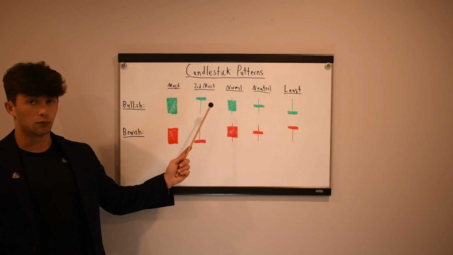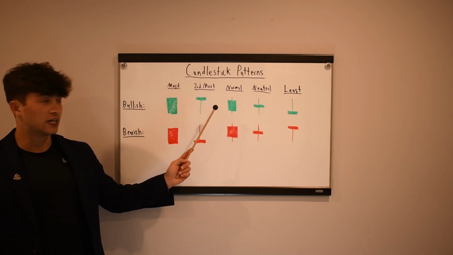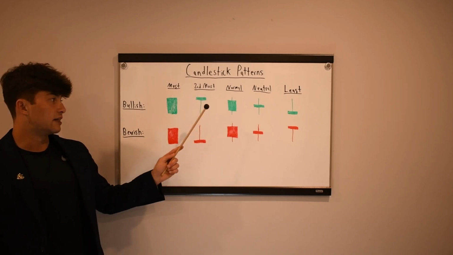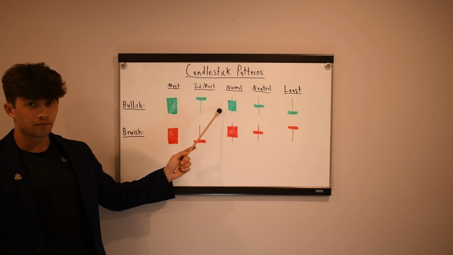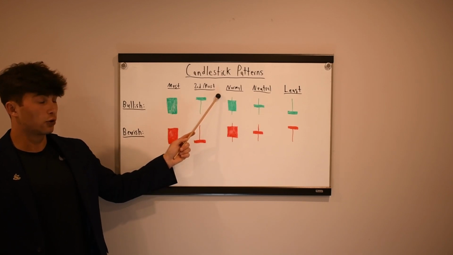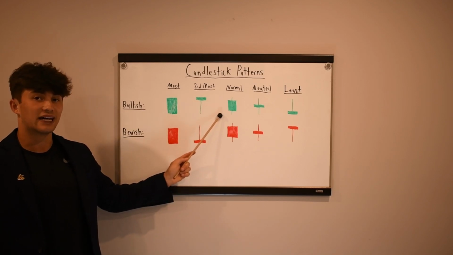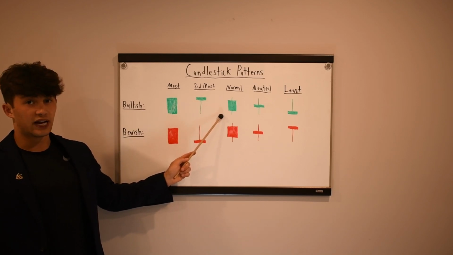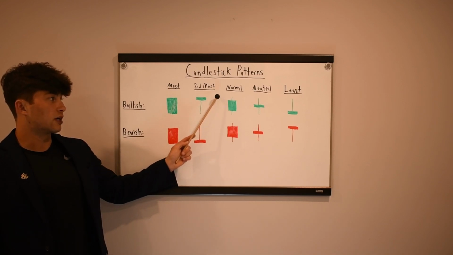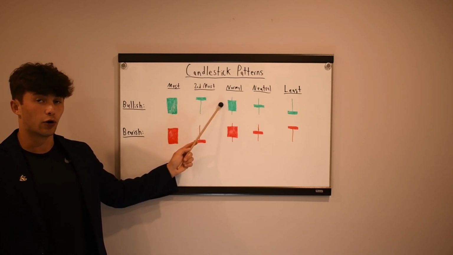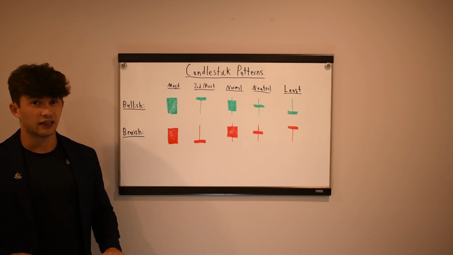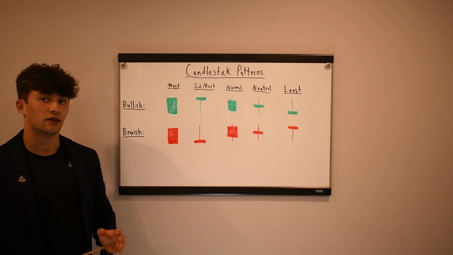And here we have the normal bullish and the normal bearish candles. And in this, you see that the price opens here, and then the buyers push the price all the way up to there, and then the sellers regain a lot of control by pushing the price all the way back down to there, and then the buyers regain more control by pushing the price up to here at the closing price, higher than the opening, showing that the buyers still have more control than the sellers, but there's more balance